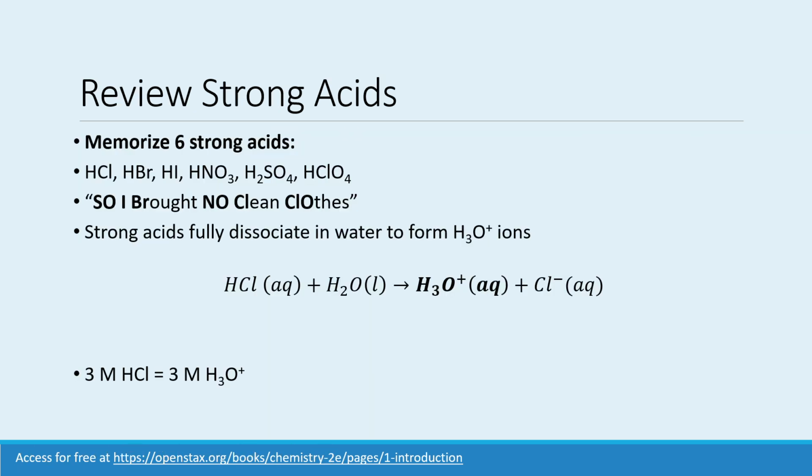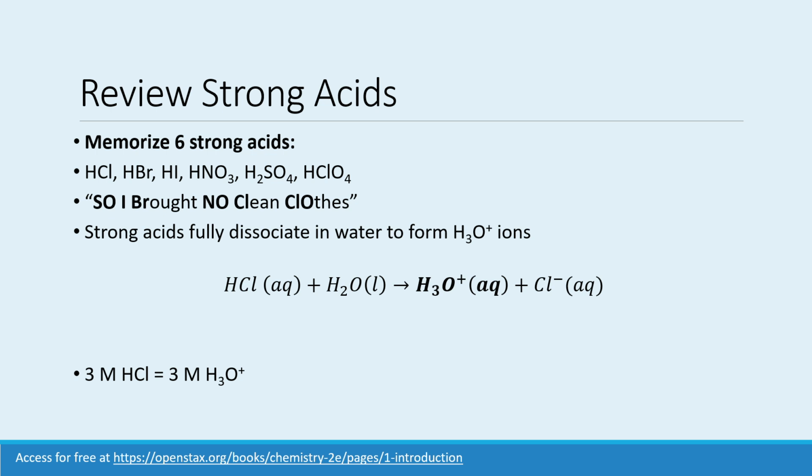So the next section is a review of General Chemistry 1. In Gen Chem 1, hopefully your instructor had you memorize your 6 strong acids, right? So you've got your 3 halogens. The one that's not included is fluorine. So fluorine is considered hydrofluoric acid, a weak acid. But the other 3, hydrochloric, hydrobromic, and hydroiodic, those are all strong acids, as well as nitric acid, sulfuric acid,